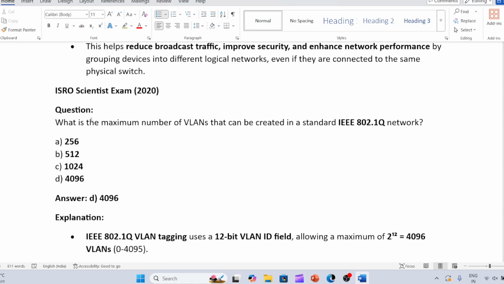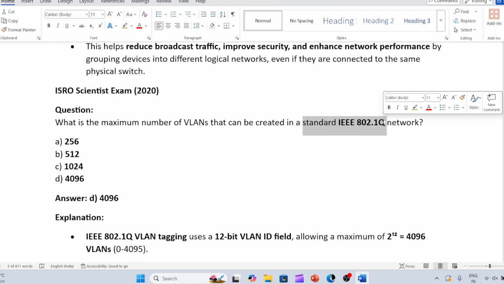Next question, what is the maximum number of VLANs that can be created in IEEE standard 802.1q? सो अभी हमने देखे थे 4095, सो 0 से लेके 4095, सो how much total, 4096 we are having here total।